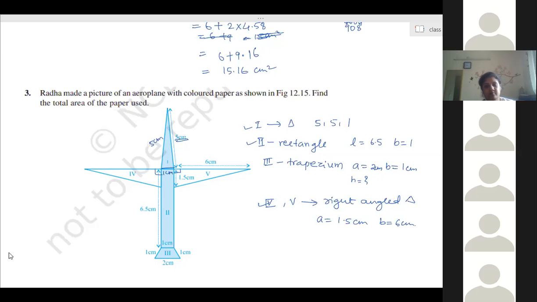Ma'am, first it is 3 by 2 into root 11 by 2. 3 by 4... why will you get 11 by 2? It is 11 by 4, and 4's square root will come out, no? Yeah, so 11 by 2. 3 by 2 root 11 by 2 is 3 by 4 root 11. Ah, yeah, okay. Ma'am, should I simplify it in decimals? Yes. What is the answer, ma'am?